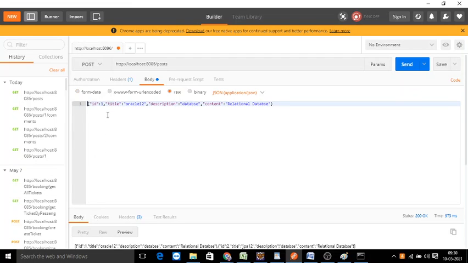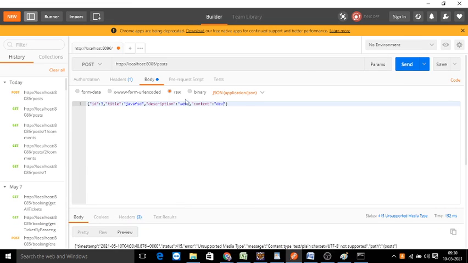The post ID is auto generated, right? The ID value we need not give actually. So here for title I will give Java FST, and for description, web development. I just added one more post.